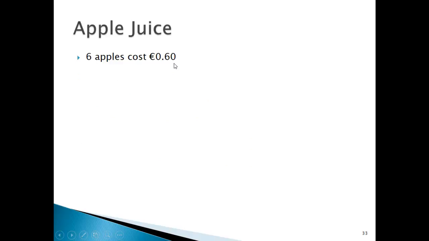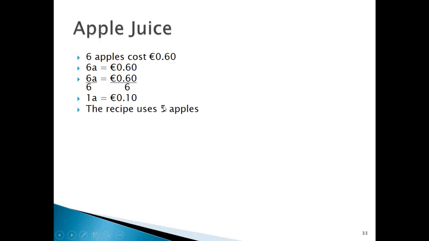6 apples cost 60 cents. We've done this previously in algebra, so 6a equals 60 cents. We want to get rid of the 6 here because we just want a single a. So 6 divided by 6 will give us 1. We have to do the same on the other side of the equals. So 60 cents divided by 6, and we get 1a, or just a by itself, is 10 cents. So a single apple costs us 10 cents. But the recipe uses 5 apples. So we're going to multiply this by 5, so we get 1a multiplied by 5, and then multiply this